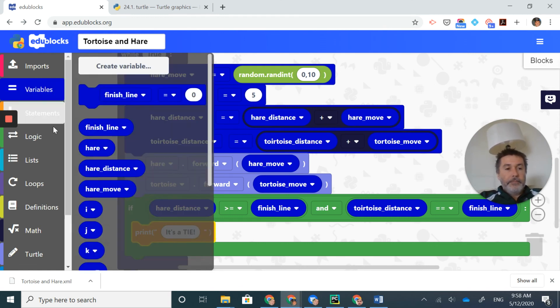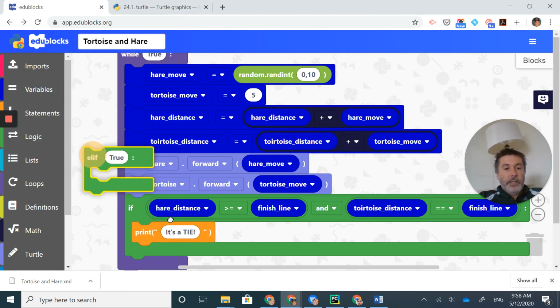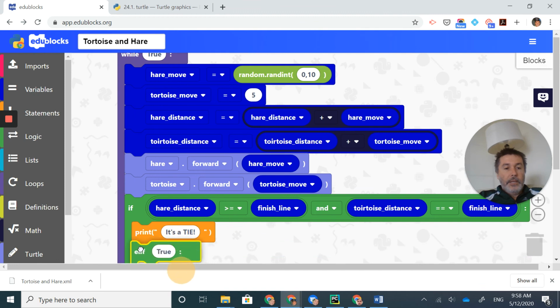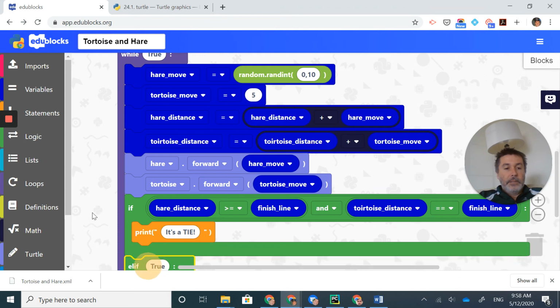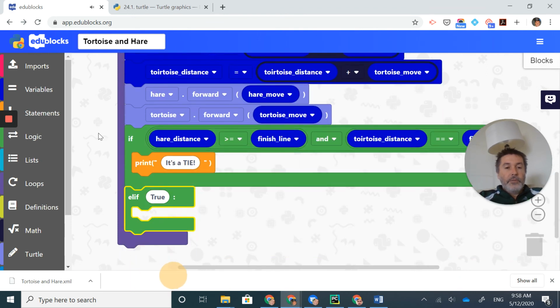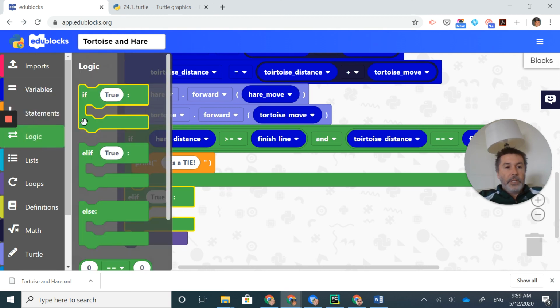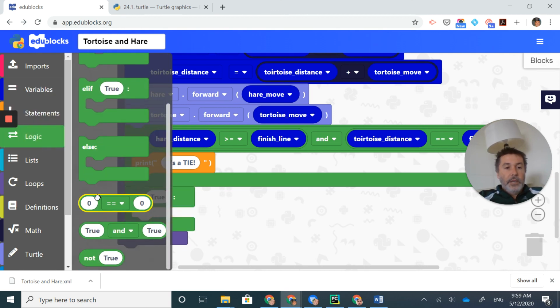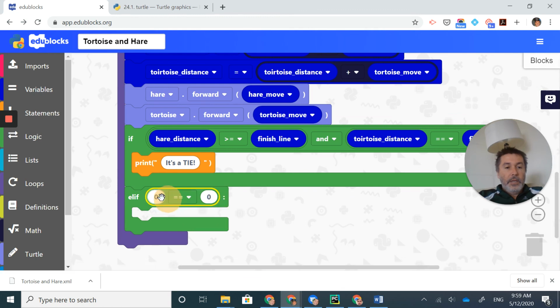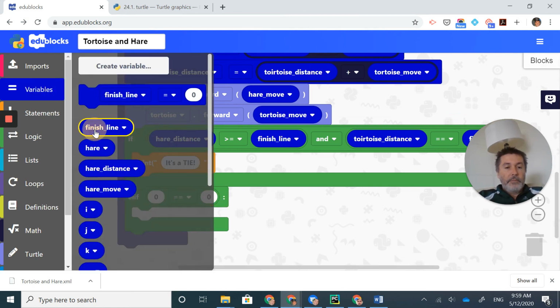Else if logic. Else if just the hare's distance, because if both of these are true, then that's great, but maybe just the hare's distance is greater. So else if logic, else if the hare's distance is greater than or equal to the finish line,